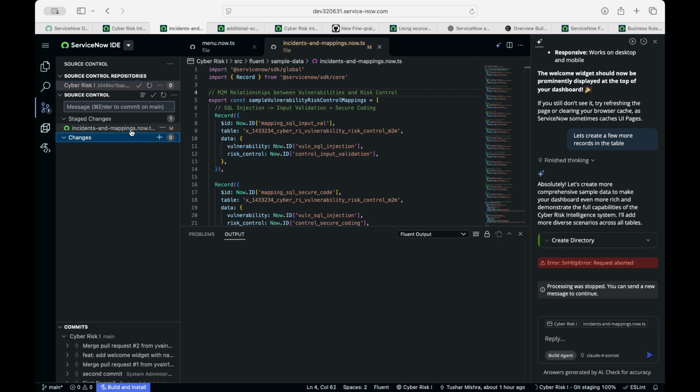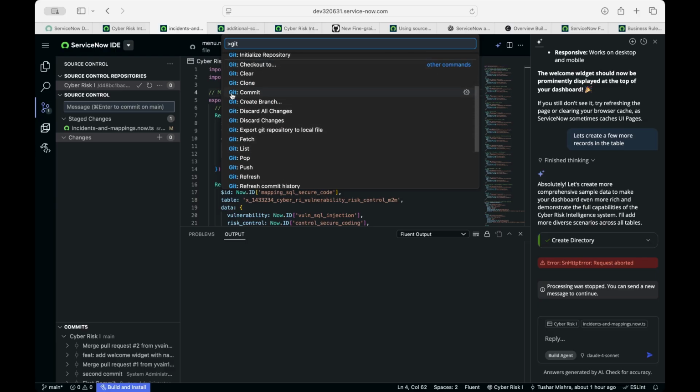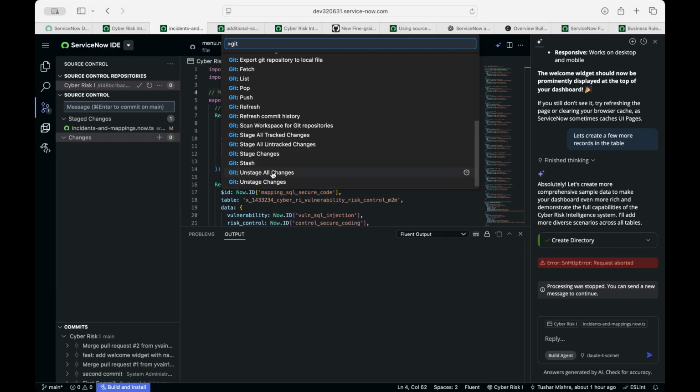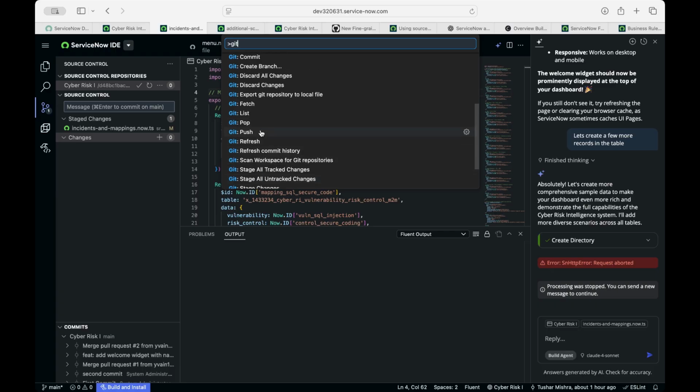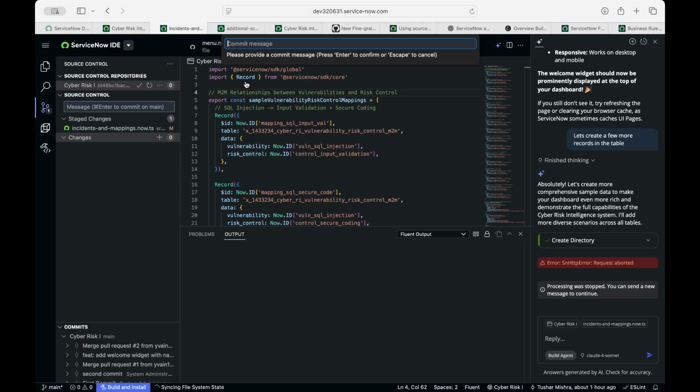You can just click on this. So you can use git, I have now already staged it. You can use all these options like stage changes, unstage all changes, stage all changes. You can do all of that. And you can use even git commit. So the commit message is third commit,